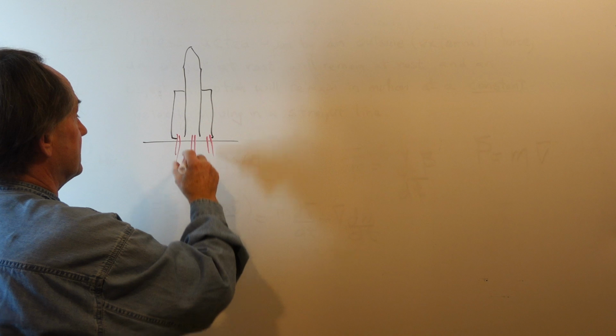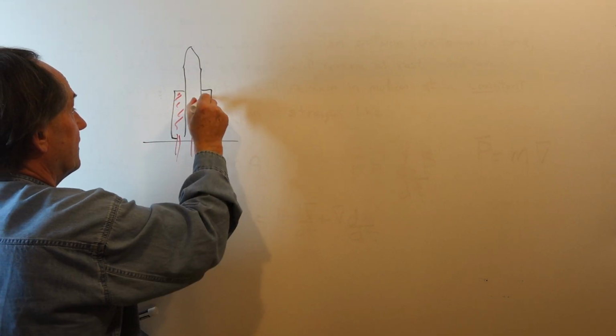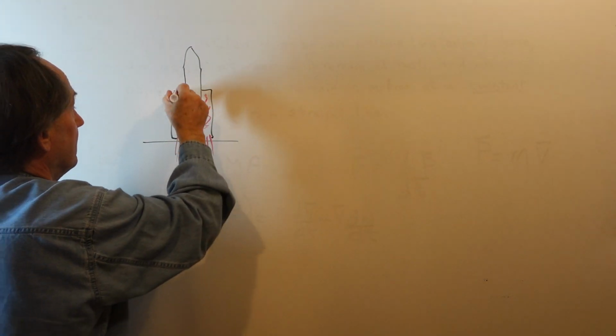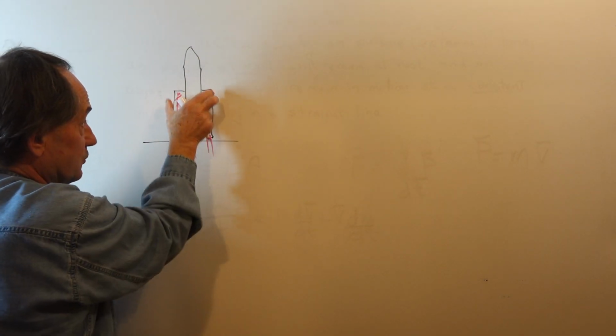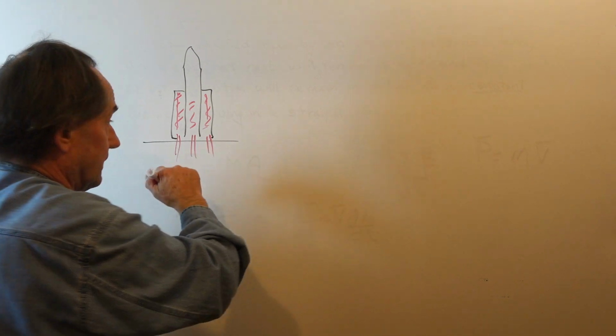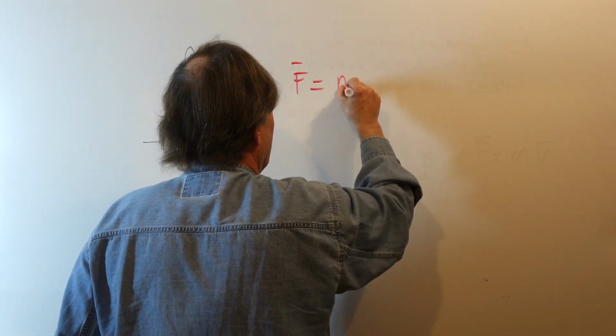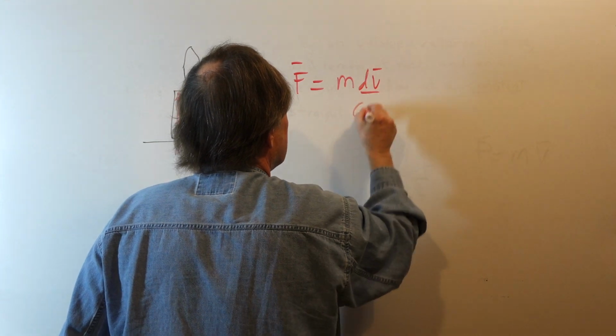We have, say, 3 engines, and we have fuel in here, and some in the rocket. And as that rocket goes up, the fuel depletes, it's losing mass, and so force equals mass dv dt